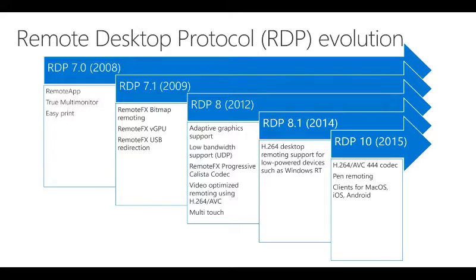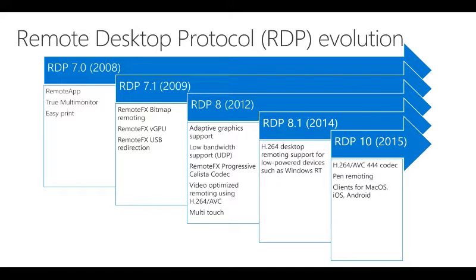And the biggest problem with this is that most of the thin clients that do support the RDP protocol and are using the Linux version of FreeRDP are stuck with RDP version 7.1. They don't support all other features that were introduced after that, that were introduced with RDP 8,